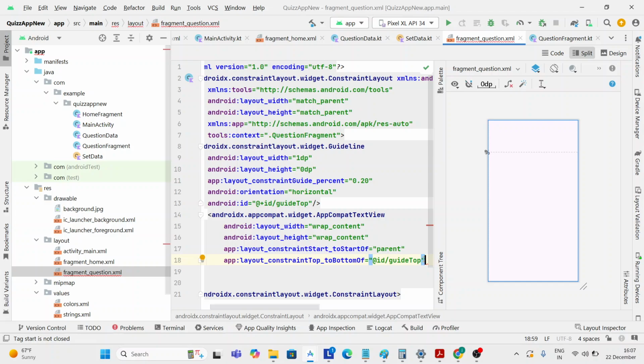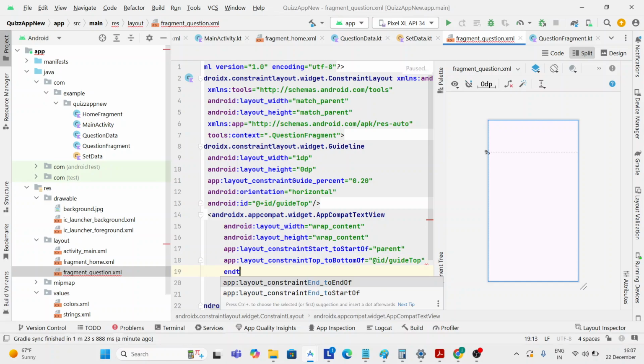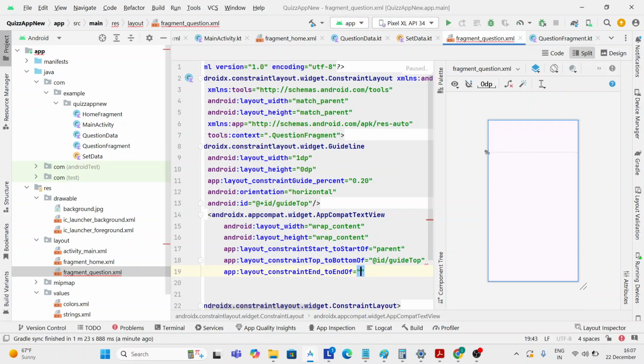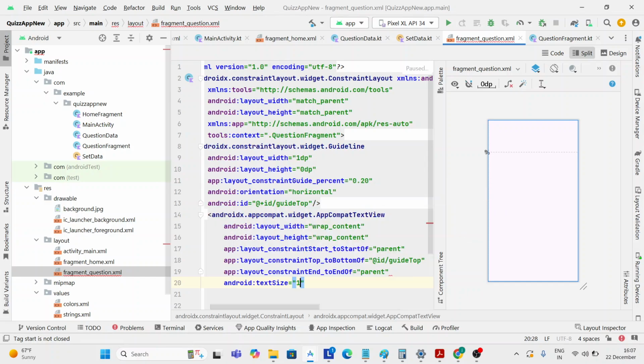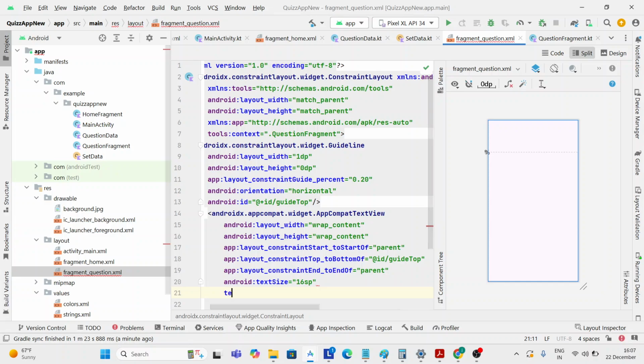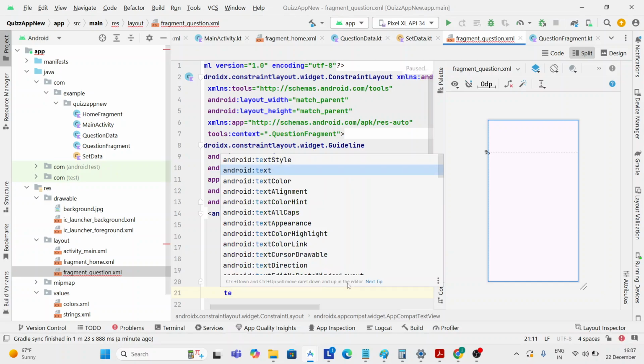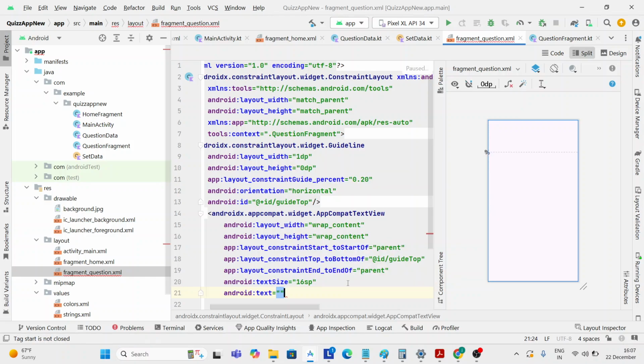Now specify the end to end of constraint, end to end of parent, and it will move towards the center, as you can see over here. Now let's give the text size, and the text size I'm giving is 16 sp. And let's enter one text over here. I'm randomly setting the text: Enter your question,